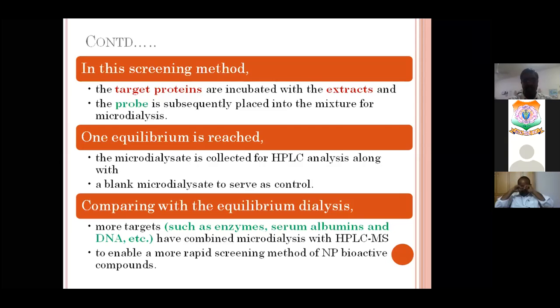They take the target proteins and incubate them with the extracts, and once incubated, they place the dialysis probe for the microdialysis mixture. Once equilibrium is reached, the microdialysate is collected for HPLC along with